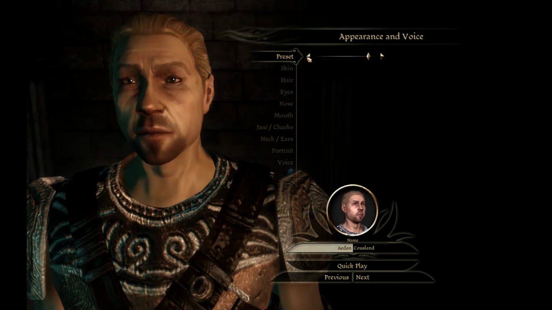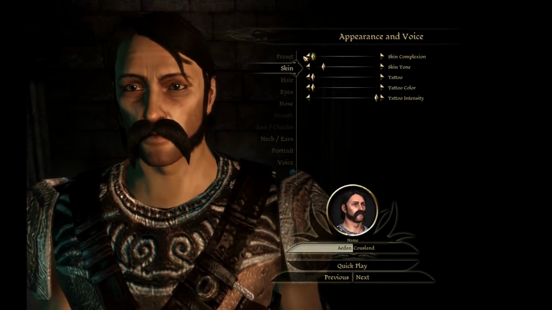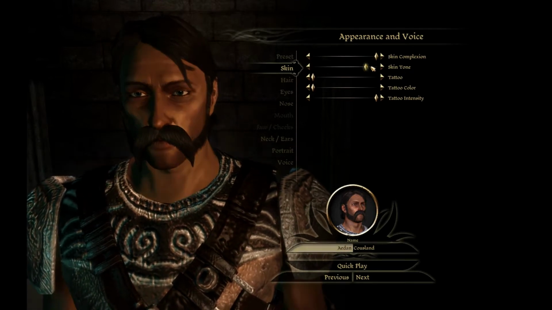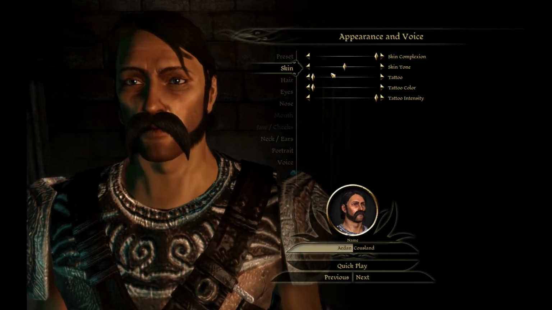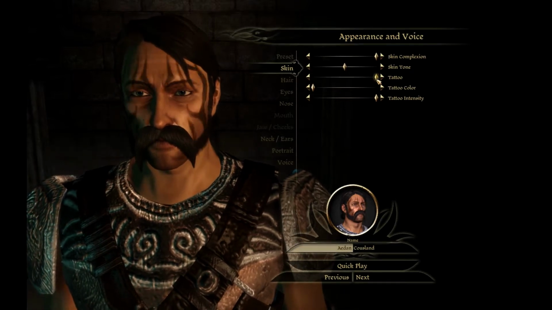Anyways, as you can see here in the video, you've got all your typical sliders and stuff like that, and you can change your voice and all that. That's not really all that important, and the classes are what's important. You have warrior, you have rogue, or you have mage, and then those can break down into specialties later in